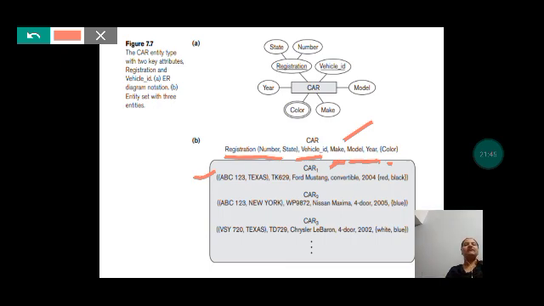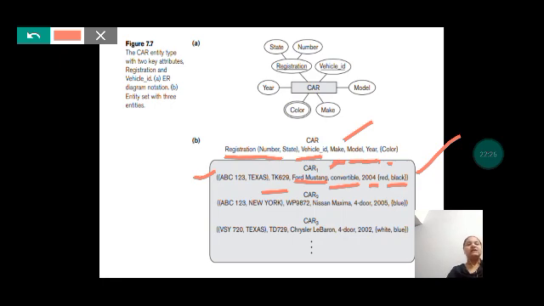Now vehicle ID is TK629. Similarly, vehicle make is Ford Mustang, and then model is convertible. Then the year in which this model was launched is 2004. And then color, in which colors this car is available. This car is available in two different colors, red as well as black. Since it's a multi-valued attribute, we have the parentheses. So this is regarding the entry of a car, that is Ford Mustang.